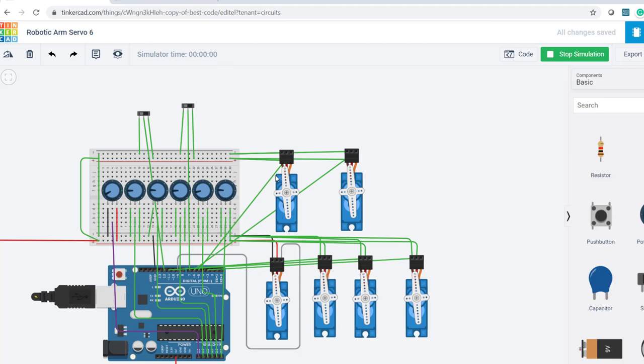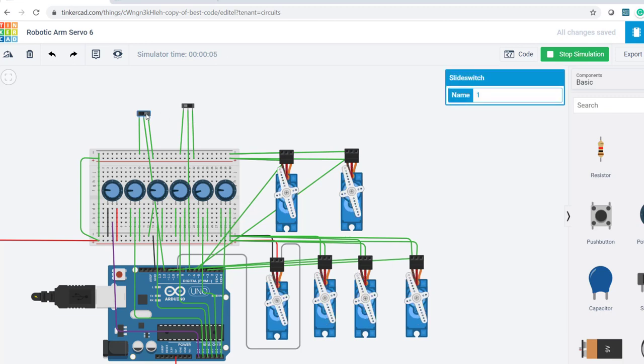When we simulate this, initially if we control these potentiometers, it will not be working. Consider this as the record button. When we click this button, all the servos will be working. For example, let us move this potentiometer to here. This means the first servo is turned from the initial position to the position that is set on the potentiometer. So we recorded this. Now we can turn on the recording.